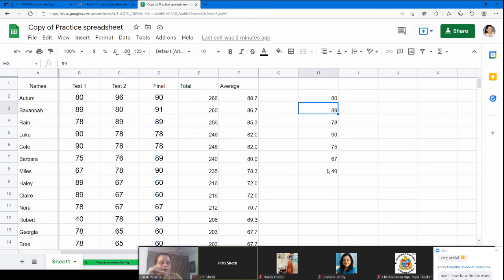So shall we move on to sorting and filtering? It is yes from my side. I don't know about others. What about the others? If you want me to explain something, or if you want to explore it on your own, we have time. If you want 5-10 minutes, I can give you 5-10 minutes to explore it on your own. That's why I've shared the sheet with you, and then we can make use of sorting, filtering, and conditional formatting.